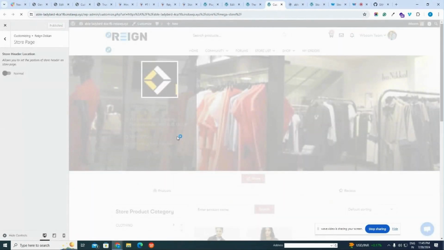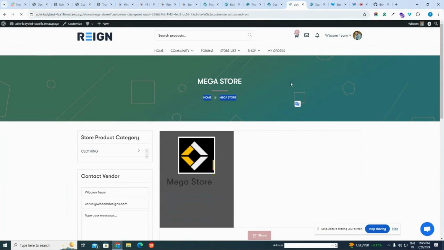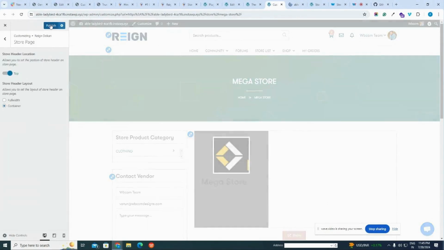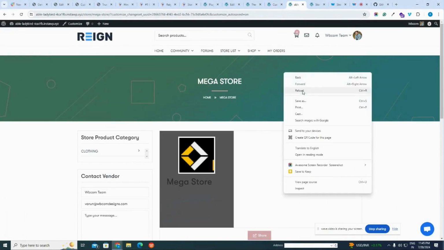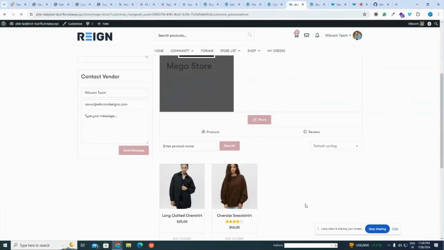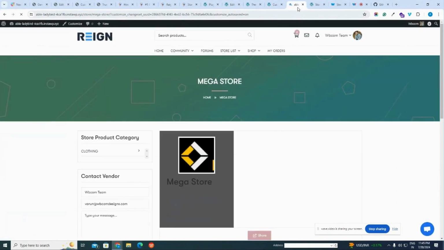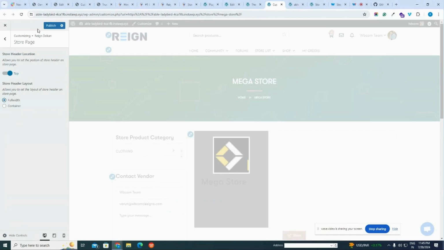settings. Currently I have disabled the header. This is a website subheader. You can also disable the subheader, and if you enable the store page header, it will display the store logo, and it is currently container.